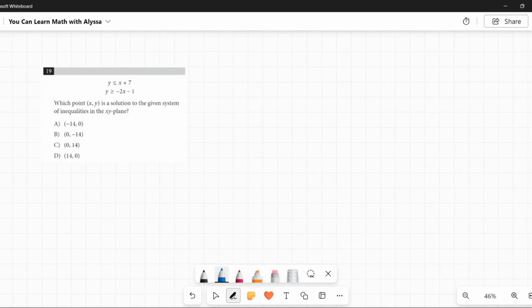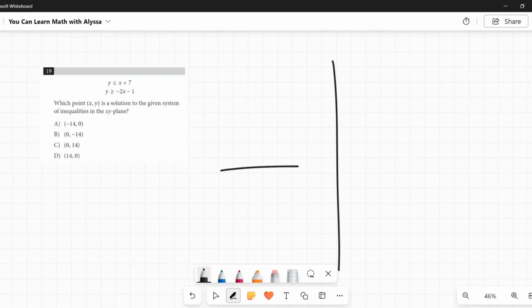Number 19: y is less than or equal to x plus 7, and y is greater than or equal to negative 2x minus 1. Which point x and y is a solution to the given system of inequalities in the xy plane? Whenever you have a system of inequalities, you're going to end up with something that looks like